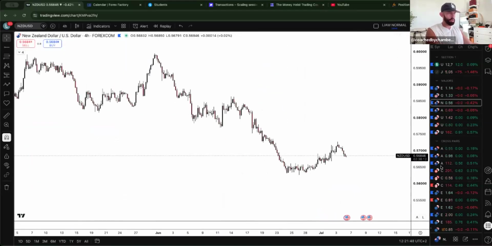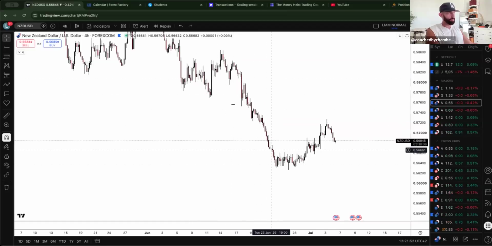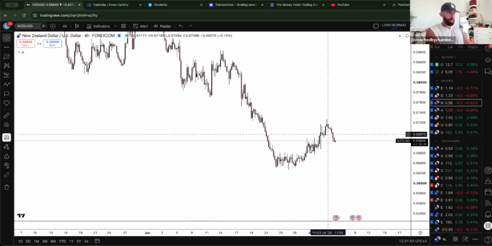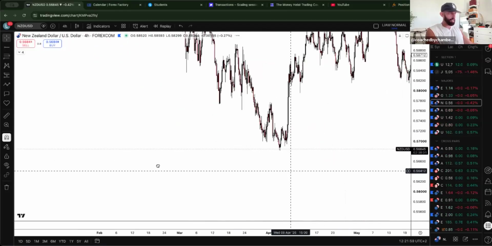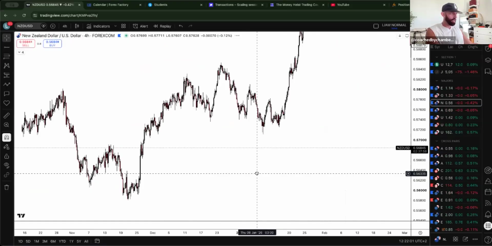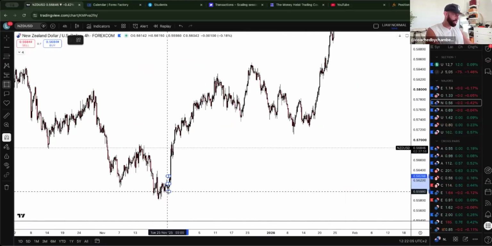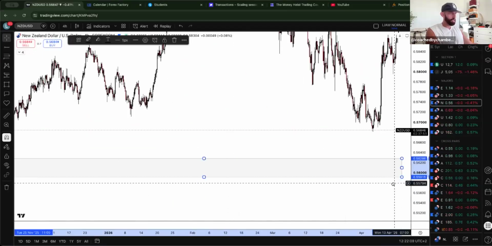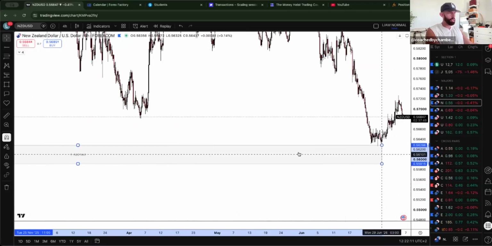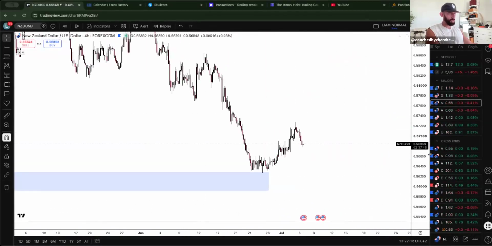If I jump down to the 4 hour, you can see market's pretty much corrective on that 4 hour, from the bearish side to the bullish side. Now I'm just going to look and see if we can see anything down here inside of that daily supply, which I can, which for me would be just this area of 4 hour demand, which is why market's reacted the way it's reacted.